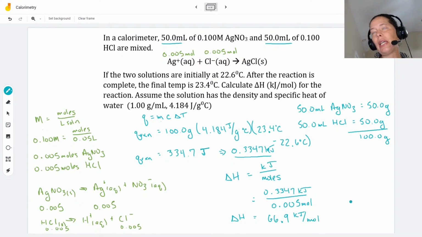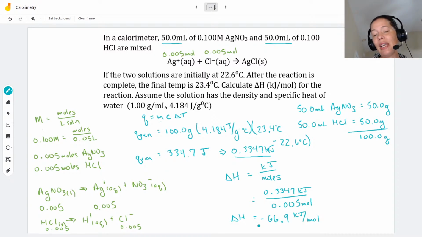Okay, so here is where, depending on your teacher or your professor, you may need to decide what sign you need to assign this reaction. So remember that exothermic reactions have a negative delta H and endothermic reactions have a positive delta H. So for this reaction here, are we endothermic or exothermic? Well, our temperature went up. We gave off heat. That is exothermic,